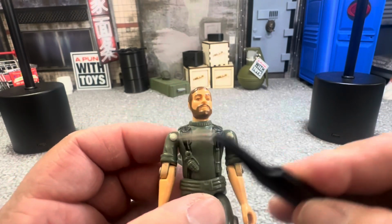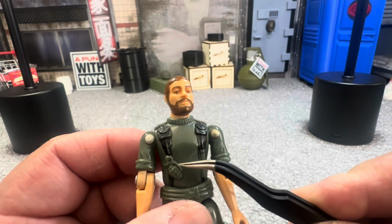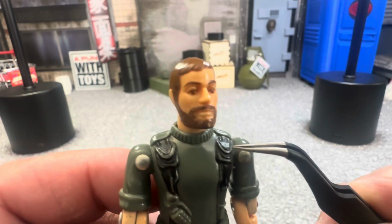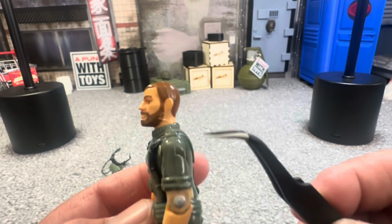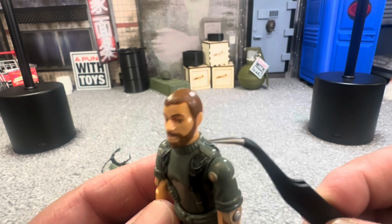I always loved this chest piece because you had the knife right there, and then you have the pineapple hand grenade. But you see the nice little pouches here, all right? And then you have things that I never noticed, the little strap that's going to hold them into place. So just like you have the belt loops, you kind of have this loop up here, probably pins in, and